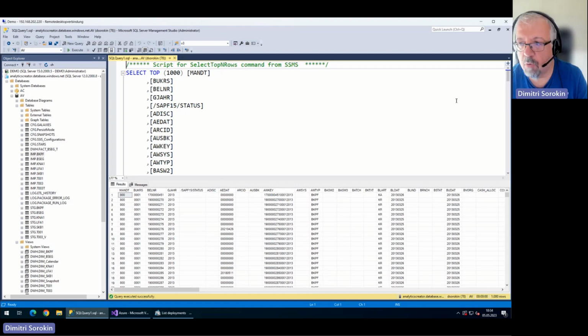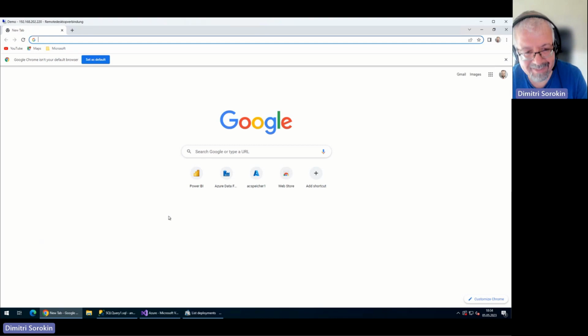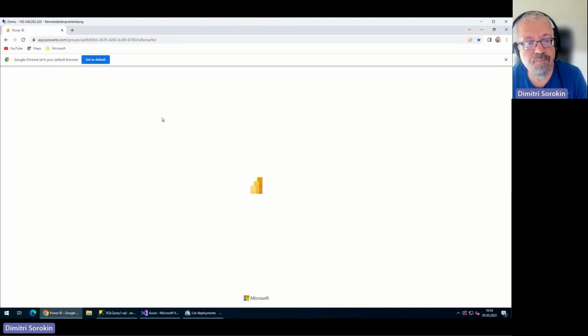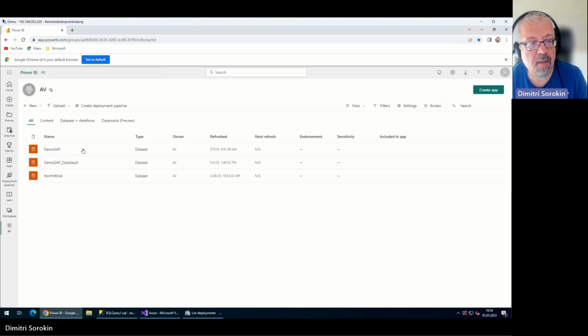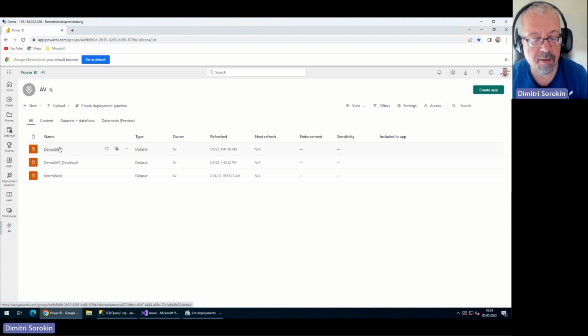And now let's take a look at my generated Power BI cube. As I said, I already generated the OLAP cube in Power BI. You can see this is our workspace. This is a Power BI Premium workspace. Therefore, we can deploy directly to Power BI using the Power BI XMLA endpoint. And this is a database generated